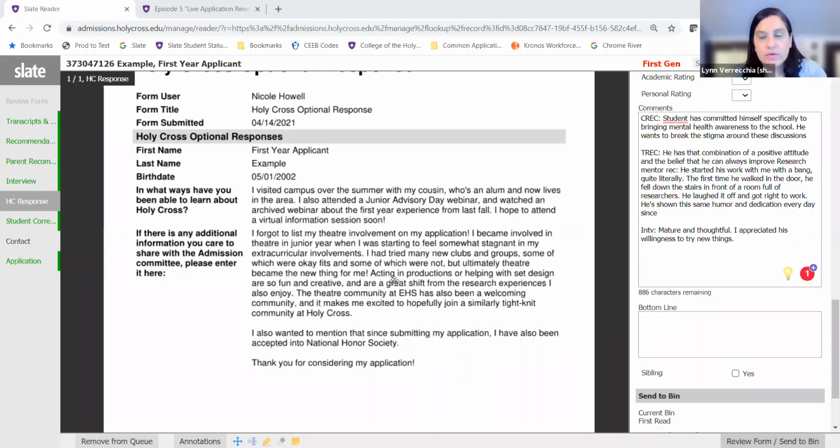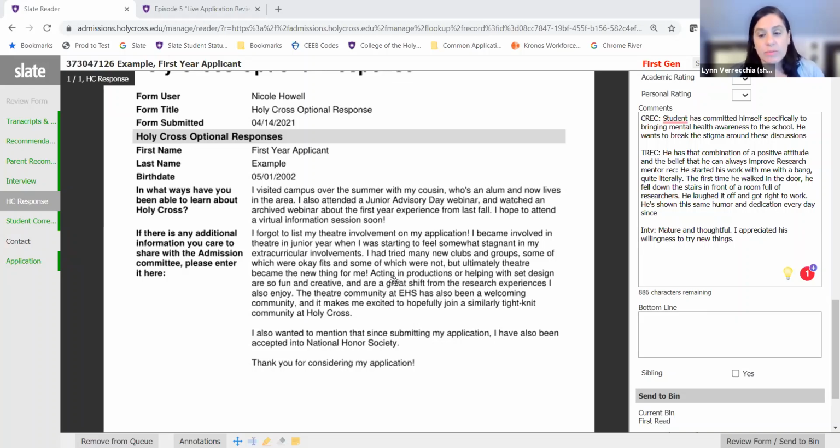Yeah, so to answer the question, we do keep track of, certainly if you have an interview, if you come and register for a campus tour, if we see you when we're traveling, all of those things, we're aware of those, and we'll see in a moment where that's recorded. But this first question is really a chance for a student. A student doesn't need to tell us in this first question, I came to your open house, I came to the webinar, because we know those things, but it's a chance if